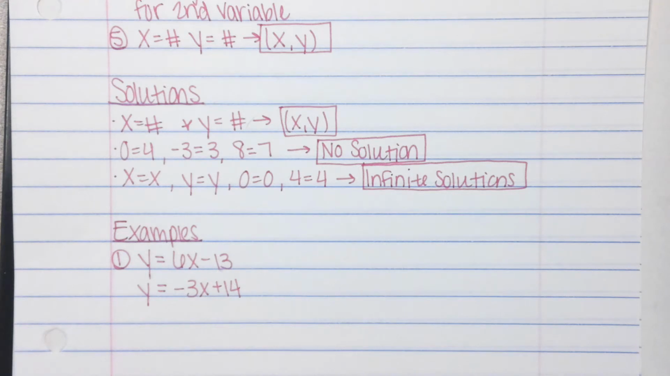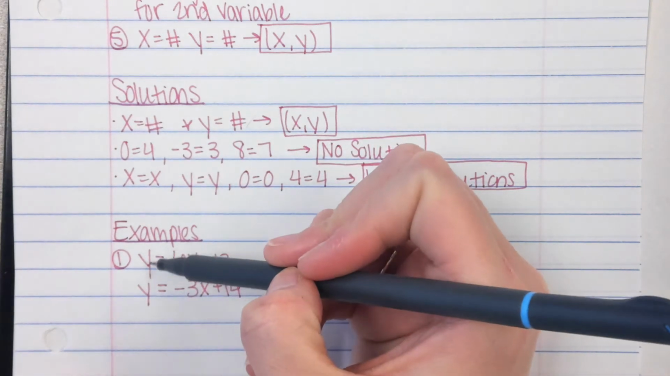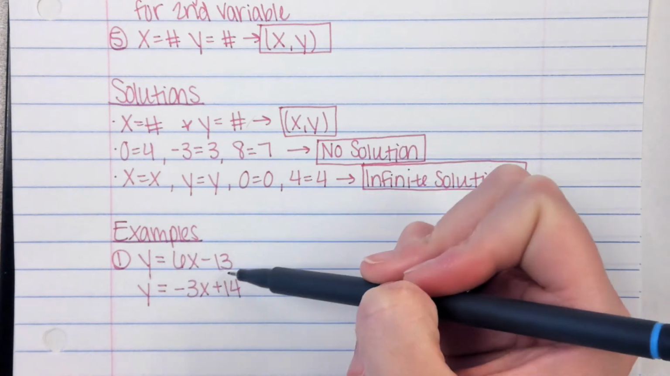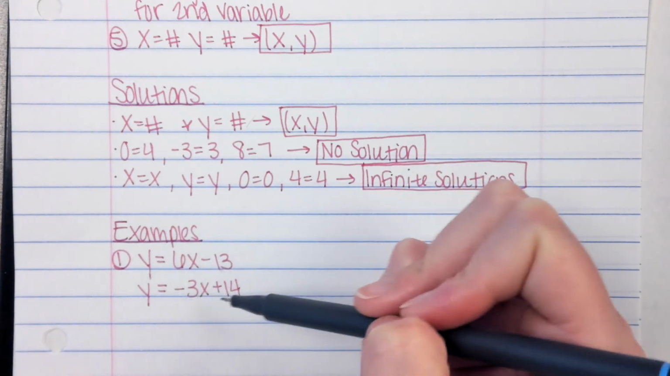All right, so here we have y equals 6x minus 13 and y equals negative 3x plus 14. Both of these are set up as y equals, so we can use substitution here. So we're going to substitute the expression that x and y equals. All right, so this is just a little bit different. If we know that y equals this, but y also equals that,